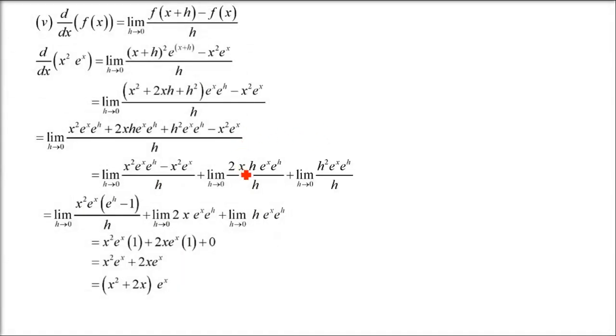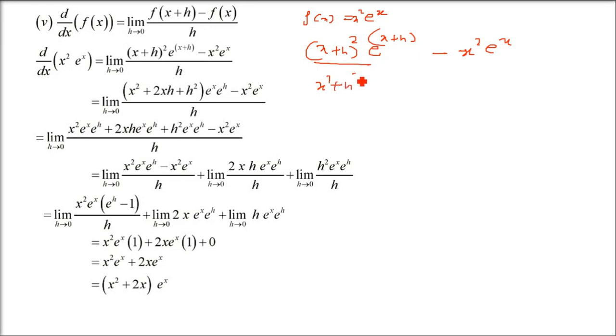Now the fifth one. This is x square e raise x, so almost the same thing we have to do. I'll do it with the first principle: (x plus h) whole square e raise (x plus h), wherever x is there put x plus h, minus x square e raise x, and divided by h. I'll use the division by h later.